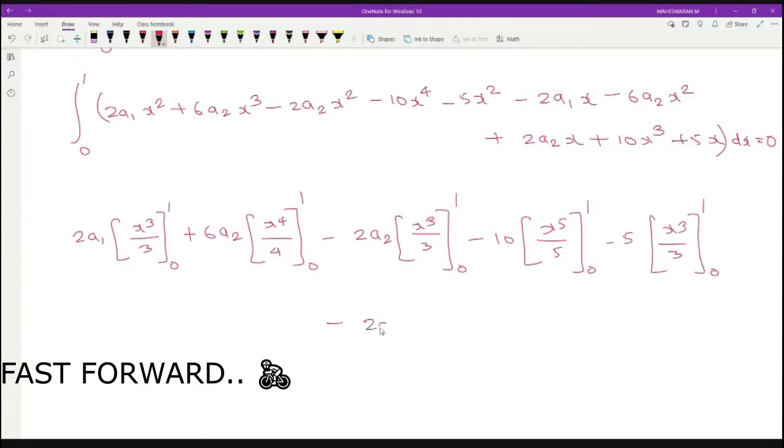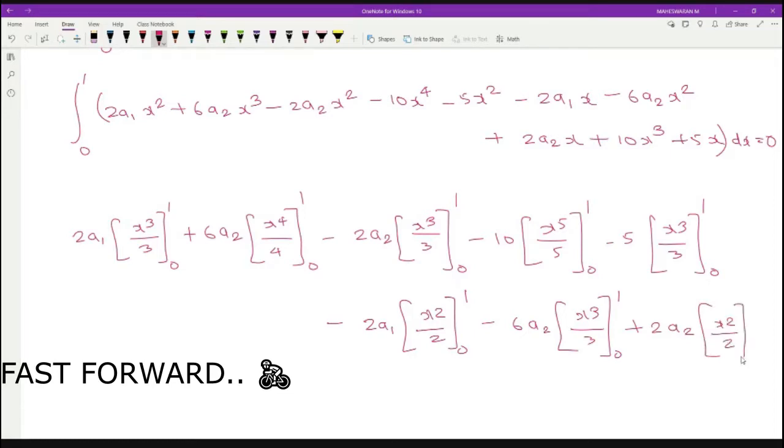Minus 2a1 x integrates to x square by 2, 0 to 1, minus 6a2 x square gives x cube by 3, 0 to 1, plus 2a2 x integrating gives x square by 2, 0 to 1,